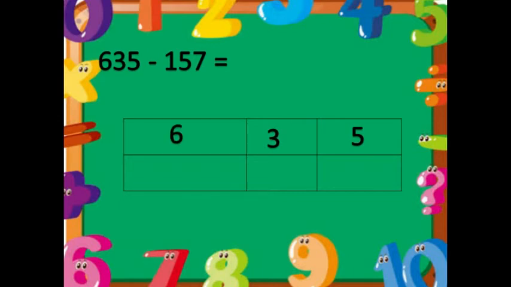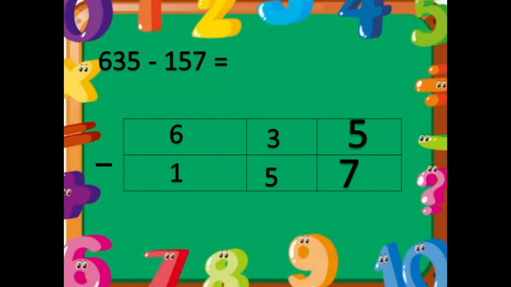In 157, 7 in ones, 5 in tens, and 1 in hundreds. Now let's start to subtract in ones. In ones we have 5 and 7. As you can see, 7 is bigger than 5. That's why we cannot subtract 7 from 5. So all we have to do is